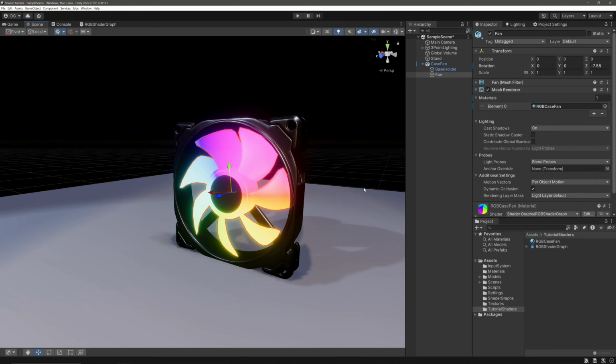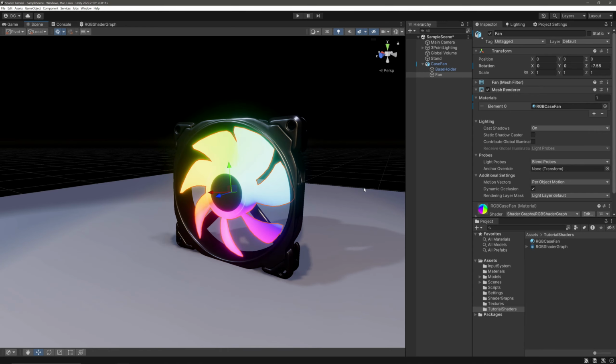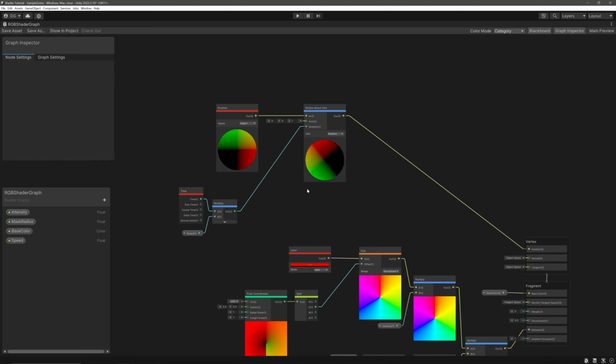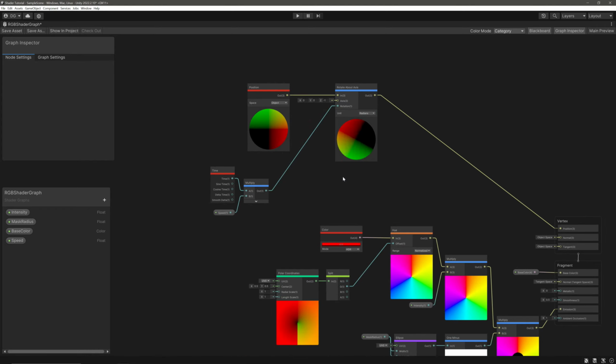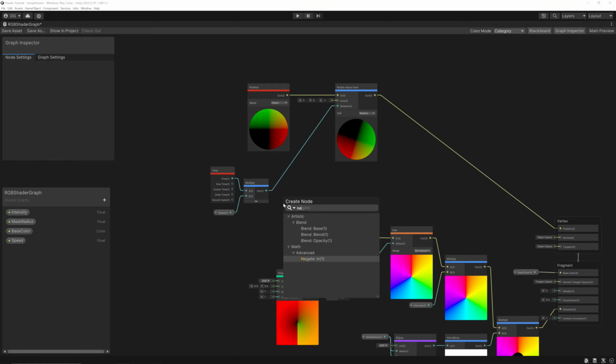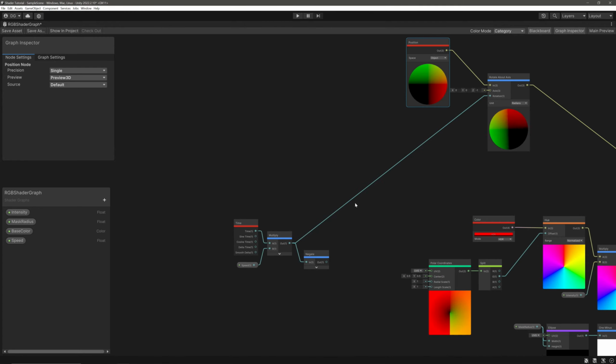Now our fan is rotating in the wrong direction. Also, our colors are rotating with the fan. So let's fix that. To rotate our fan in the opposite direction, we will just change this axis to 0, 0, -1. Then to keep the colors in place, let's rotate them in the opposite direction of our fan. For that, let's take this Multiply node's output and feed it into a Negate node. It will multiply whatever value we feed in with -1.